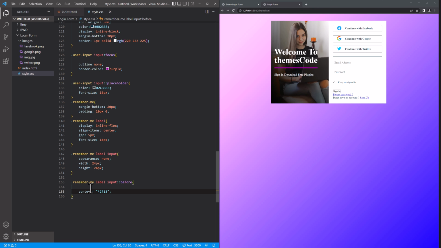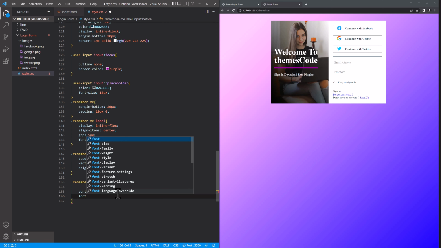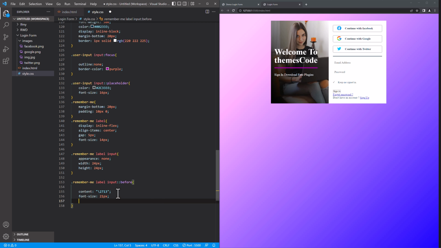Control S. Here you can see it displays a custom tick box. I'm going to define the font size 18 pixel. Okay, 21 pixel. And color